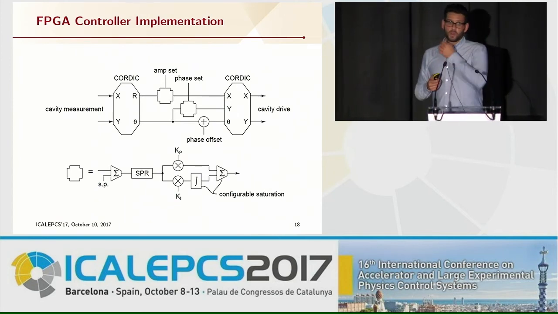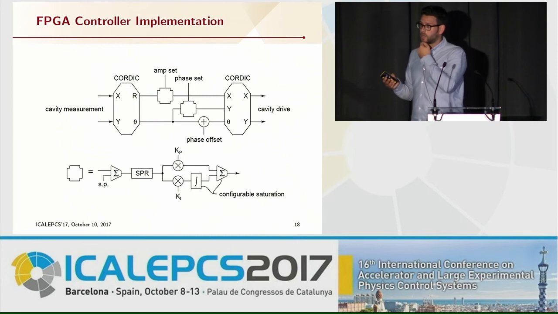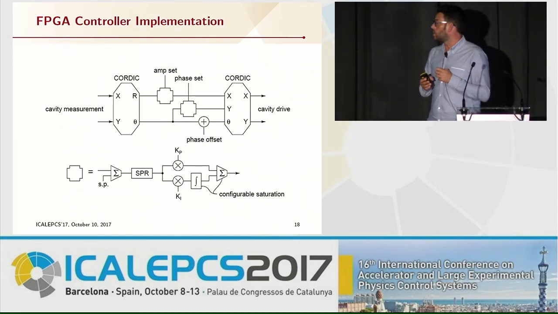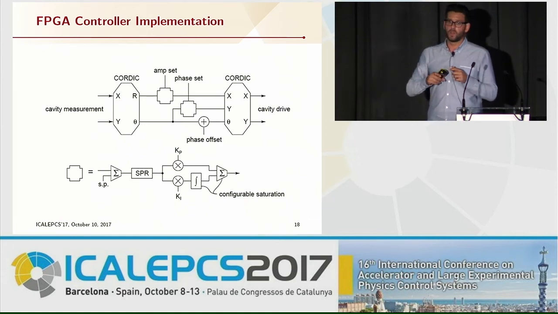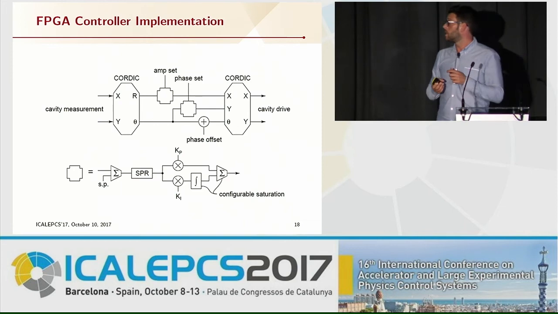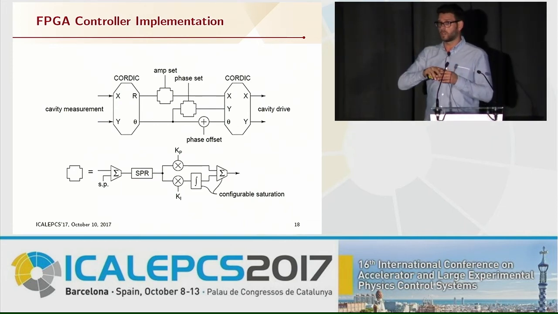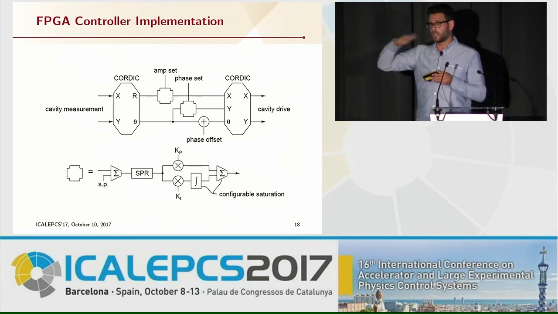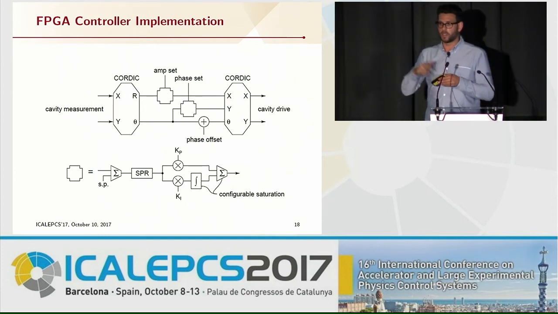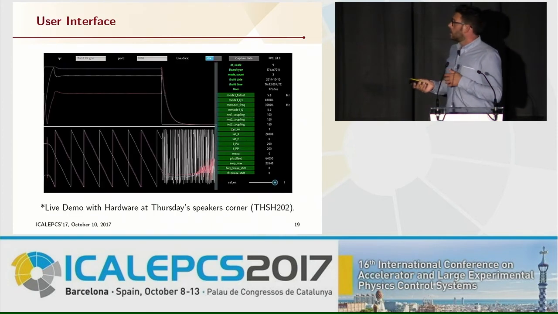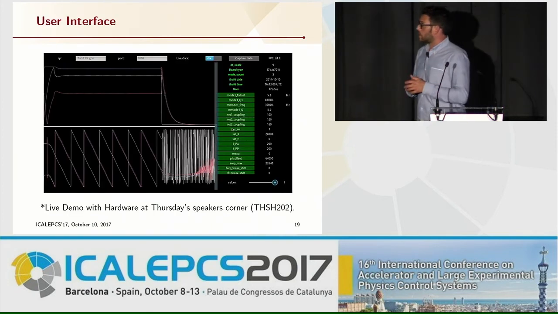There's a special care that you need to take. It's not the traditional PI loop in IQ representation for low-level RF systems, but you have to convert into amplitude and phase in order to satisfy this tune-up process, because when you're ramping up the field, you're shifting the frequency and you need to control amplitude and phase independently. And this is a screenshot of the user interface